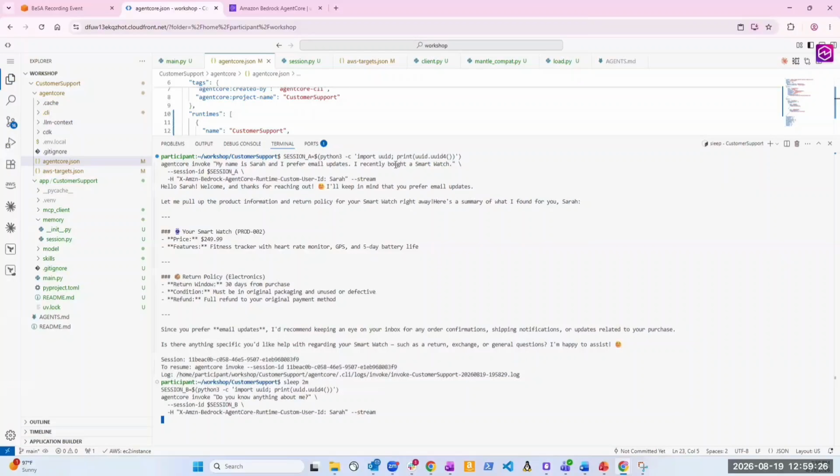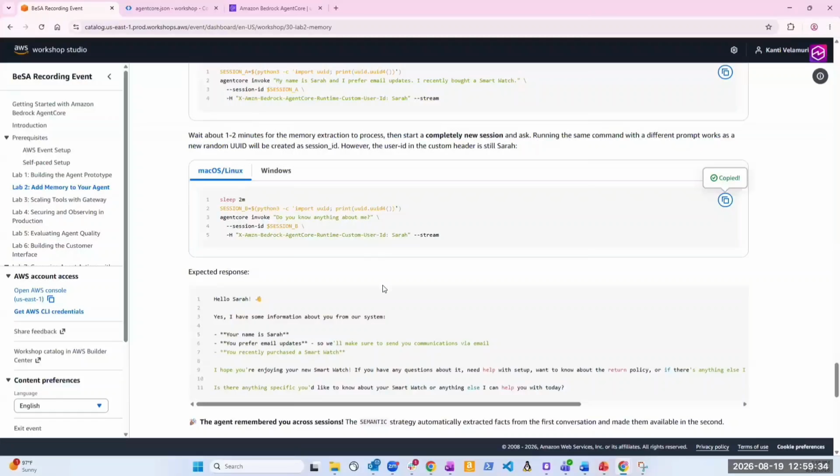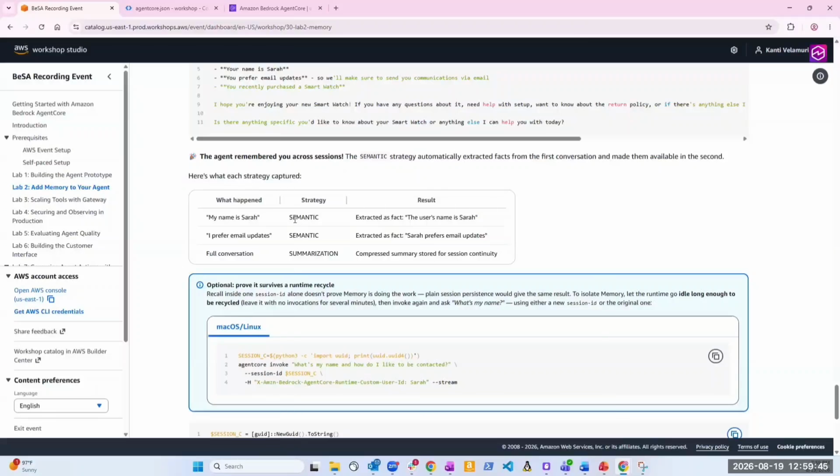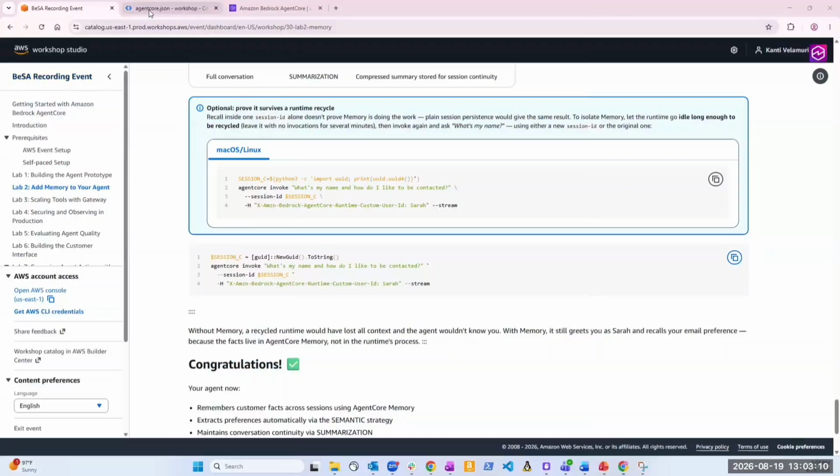So let's execute that. Since we asked it to sleep for 2 minutes, we have to wait and see how it's going to look. Strategy-wise, "my name is Sarah, I prefer email updates" is a semantic strategy. But the full conversation, like what happened, where it is going to answer you, that's going to be the summarization strategy. As we were doing earlier,